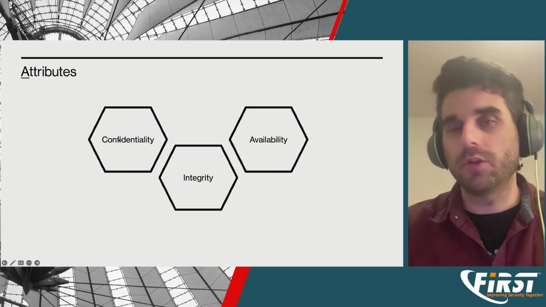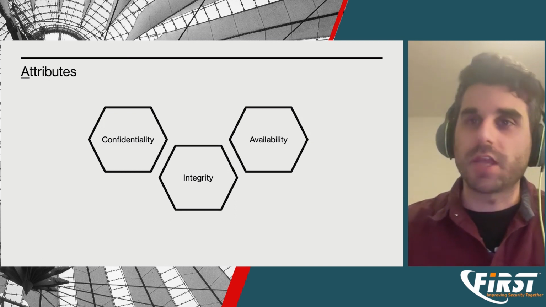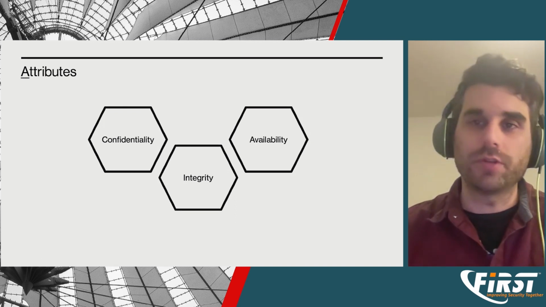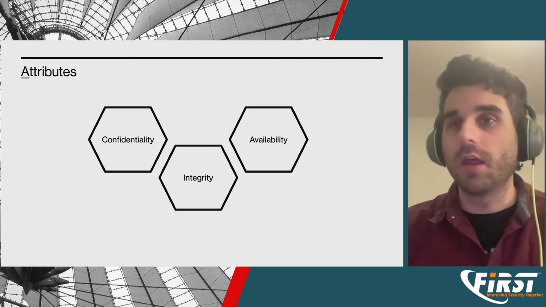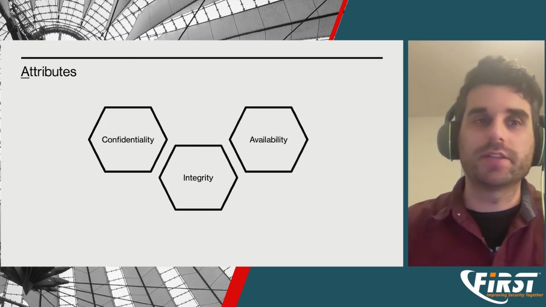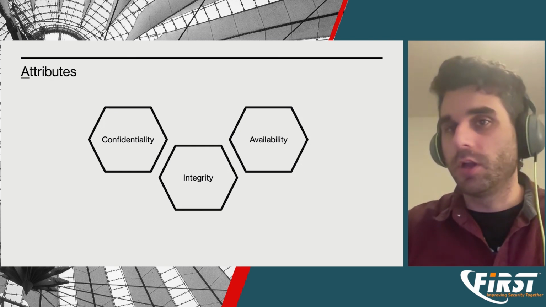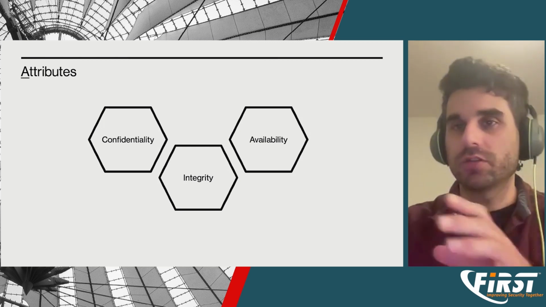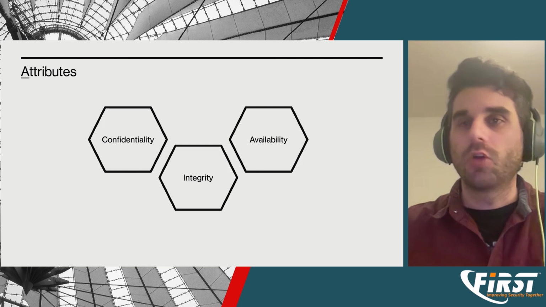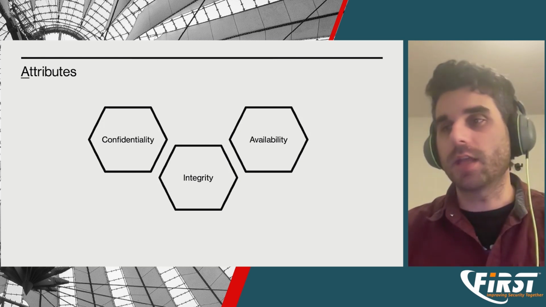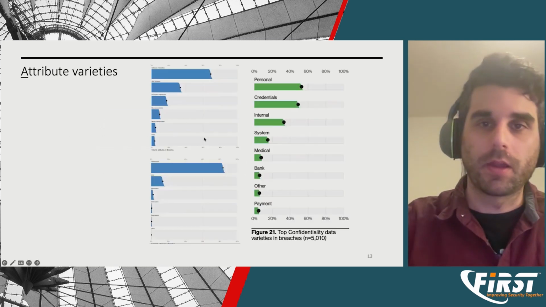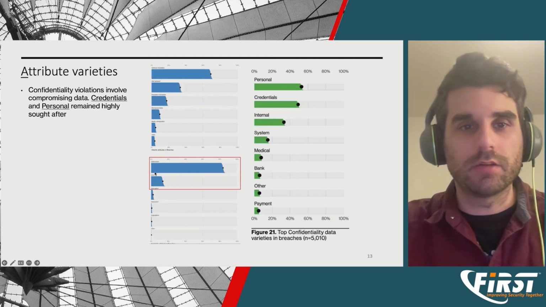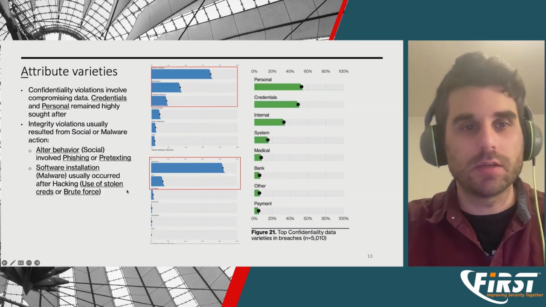And then availability, this is kind of the obfuscation for ransomware, and then also the DDoS types of attacks. So once again, much like the actions, there isn't necessarily just one attribute. And as we're building these sentences, the actors causing these actions to these assets resulting in this, right? We can kind of see how all these pieces tie together. This is just kind of once again, how we use it.